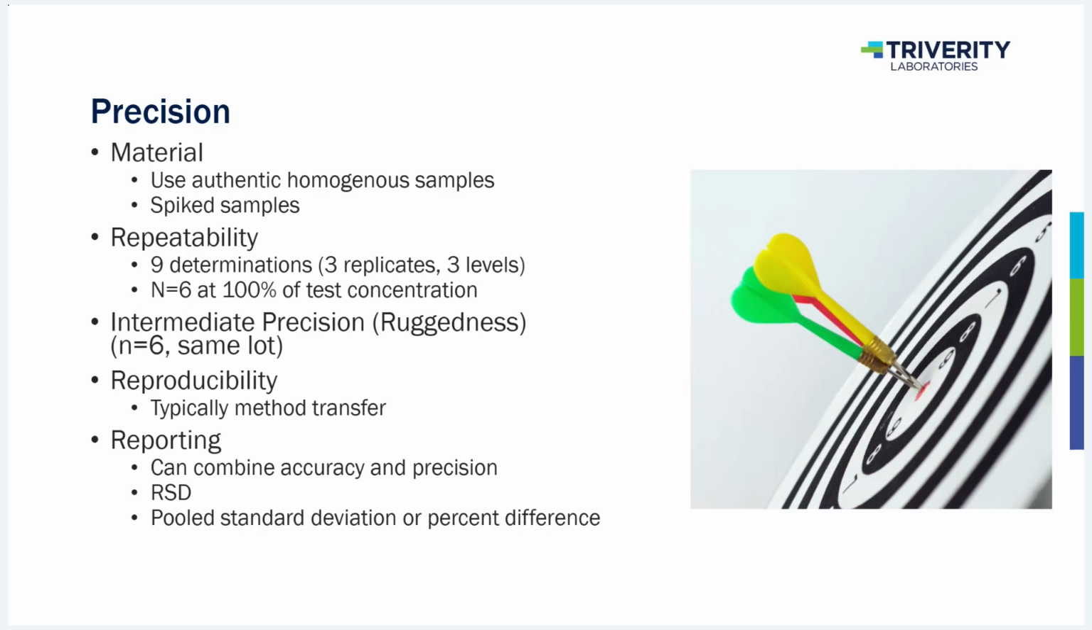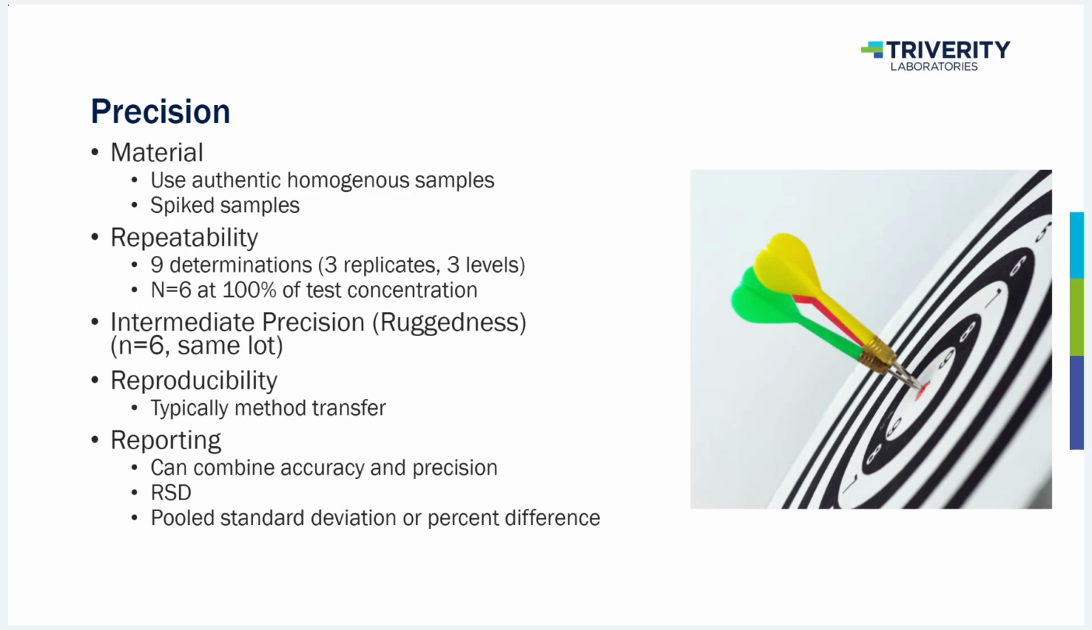And that's intermediate precision. Can another lab, which is reproducibility, get the same results that I got on different instrumentation, with different analysts, all of that kind of thing, on a normal sample? Now, if you're testing for impurities, it's possible that you've got the cleanest API and there are no impurities in there. So you're going to have to spike impurities onto your